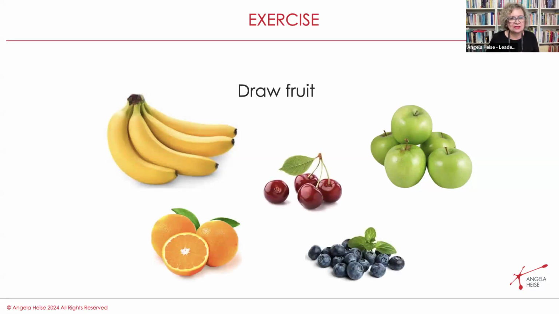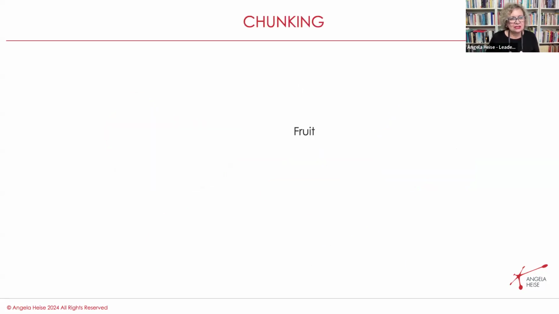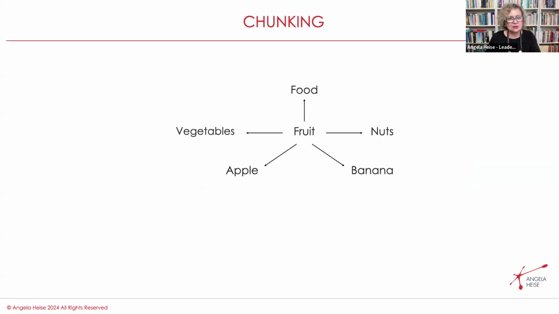It's a concept. When you chunk information, we generally go from fruit to apples to bananas, vegetables sideways, or nuts. We go up to food, and when we go down very specifically, we go to Gala apples, Fuji apples, Cavendish bananas, and plantain. So why is this so important? Because we generally talk in concepts.